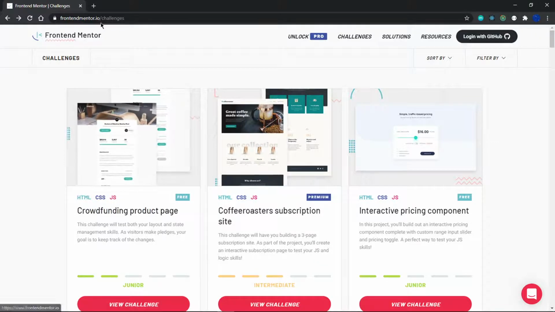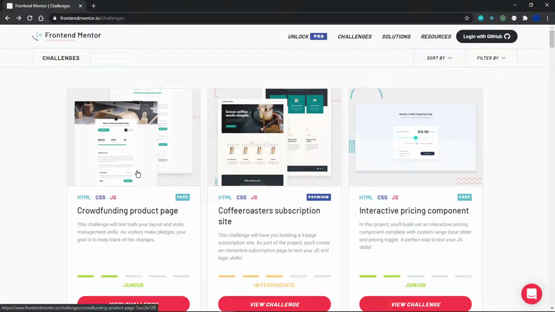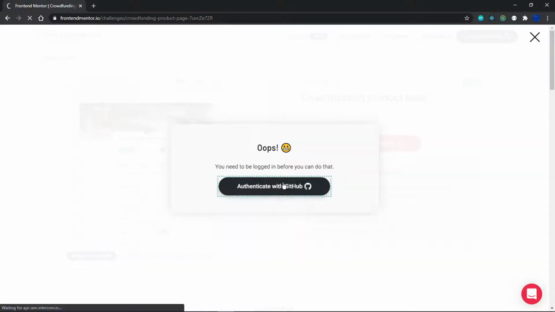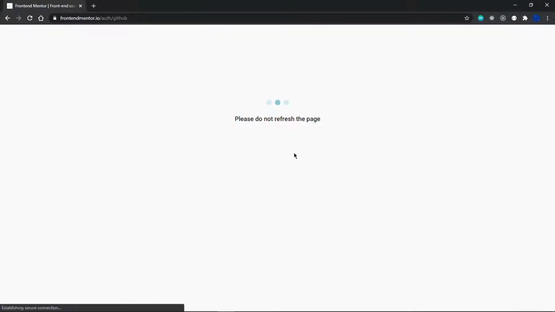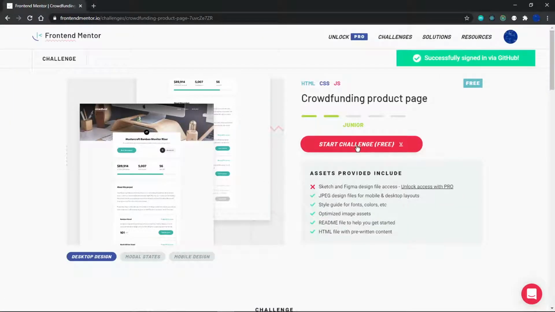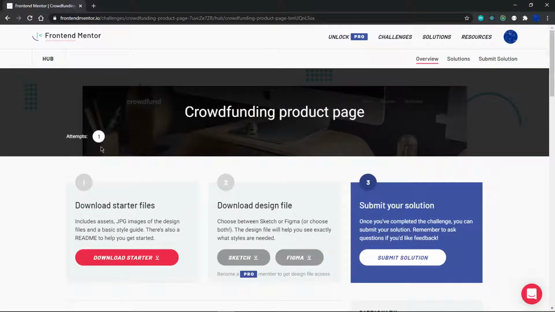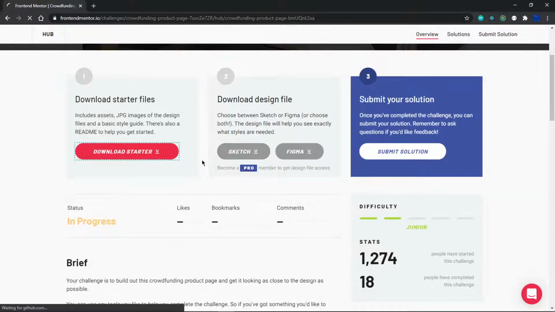So if you head over to frontendmentor.io/challenges, then you should find this as the first challenge. So all you have to do is just click it and then click on start challenge. I need to be logged in, and of course you need to be logged in as well before you can download the starter files. And then just click start challenge and it should download the files for you. Get started, and you can see that this is my first attempt, so there's no cheating involved. And once we're done with this, I want to commit this to GitHub, and then I want to host it on Netlify and then submit this challenge back on Frontend Mentor so that we can get the points that we get. So download starter files,